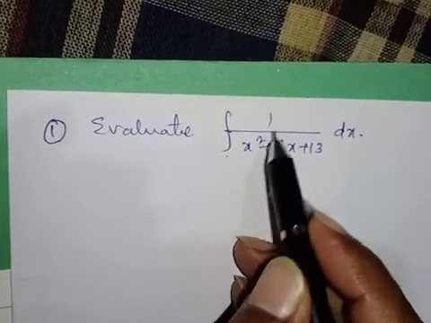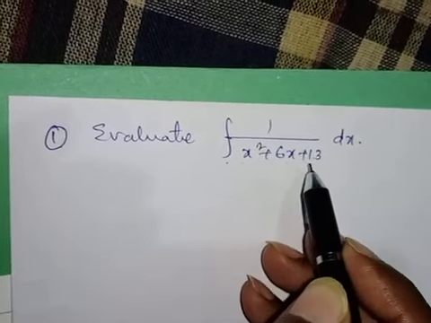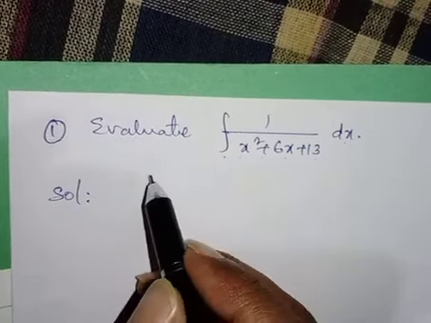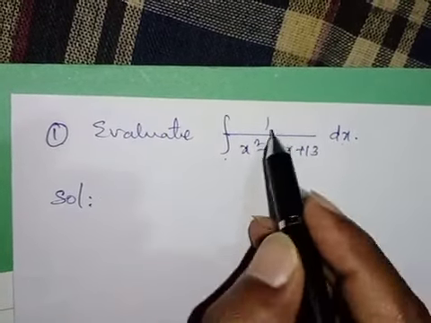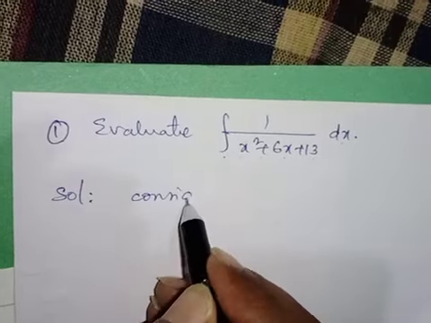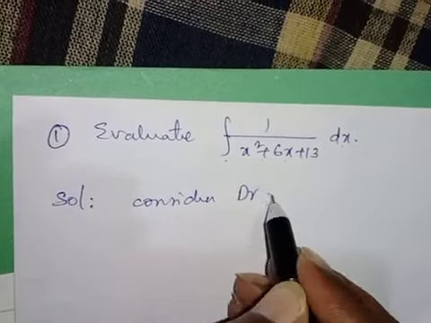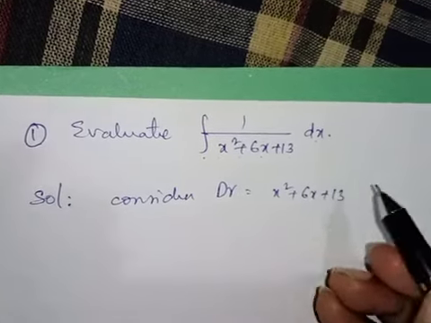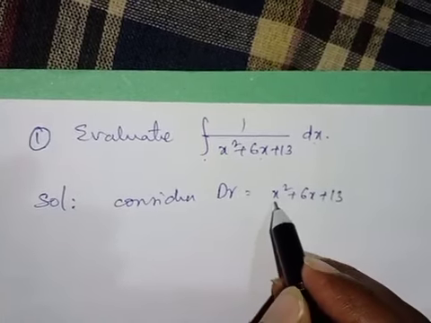Evaluate the integral of 1 upon x square plus 6x plus 13 into dx. Solution. In this case, consider the denominator, which is equal to x square plus 6x plus 13. We need to convert this